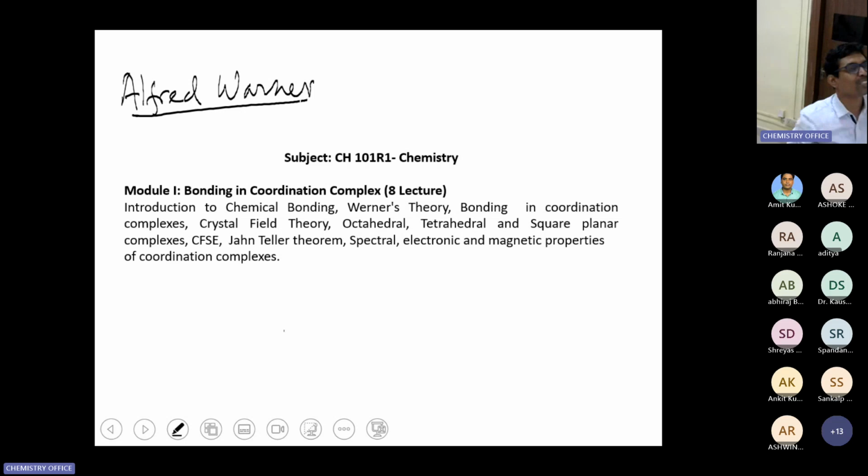Alfred Werner was a Swiss chemist who did the majority of his research work on explaining the bonding in coordination complexes. He gave some postulates on the basis of which he got the Nobel Prize in 1913. So the main postulates of Werner's were, number one,